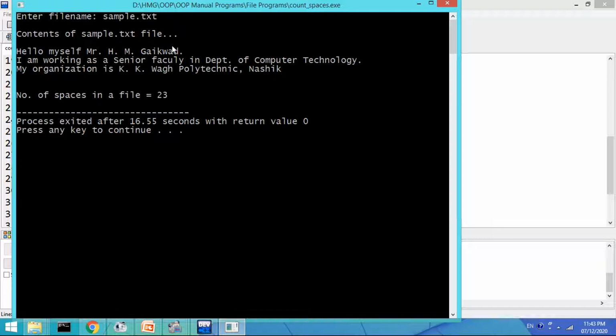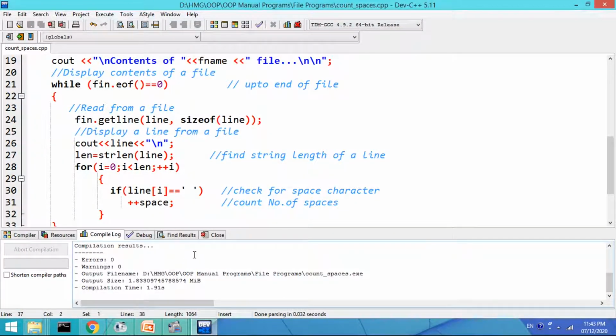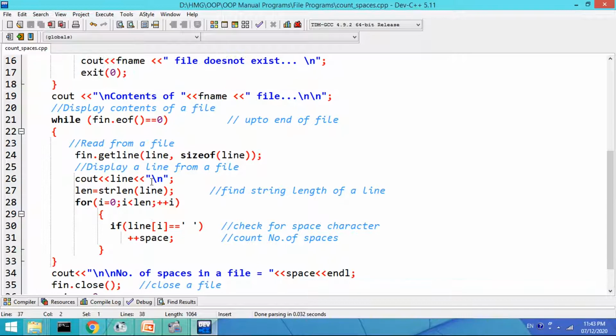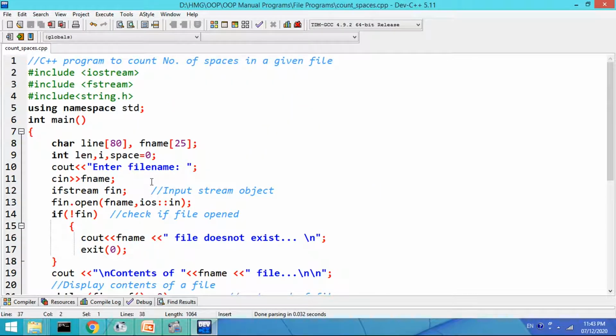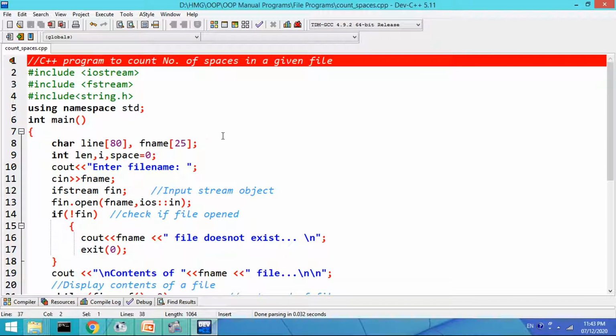And in third line 1 2 3 4 5 6 7, 16 plus 7 is 23. So like this, calculating number of spaces. So like this, you can write a C++ program to find or count the total number of spaces in a given file.